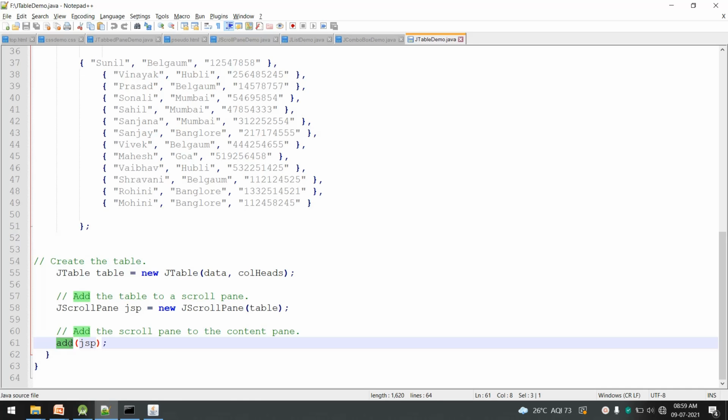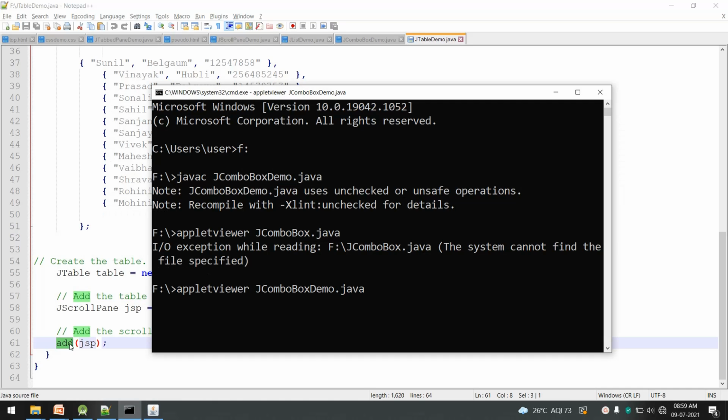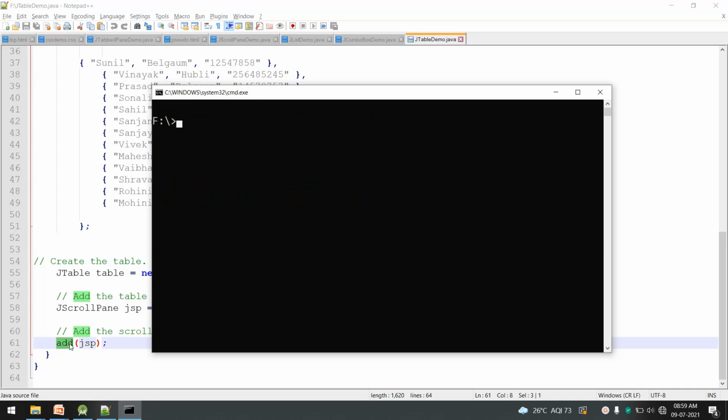Okay, let us execute this. The file name is jtabledemo.java.